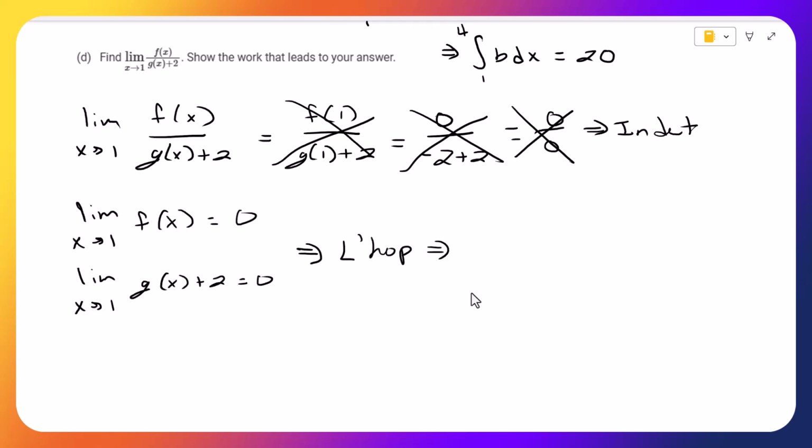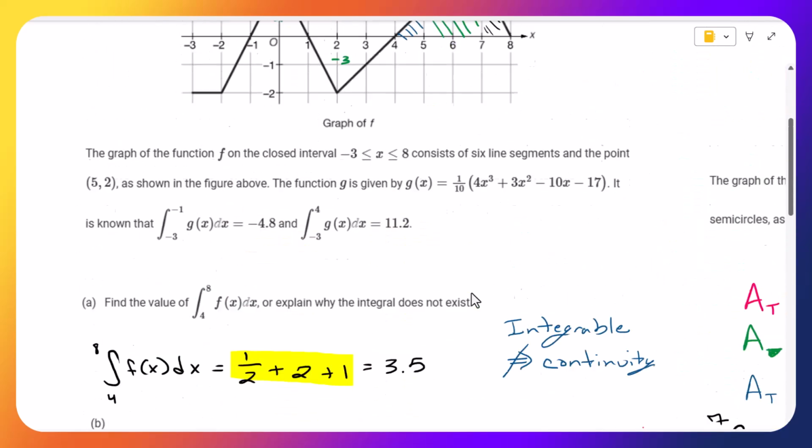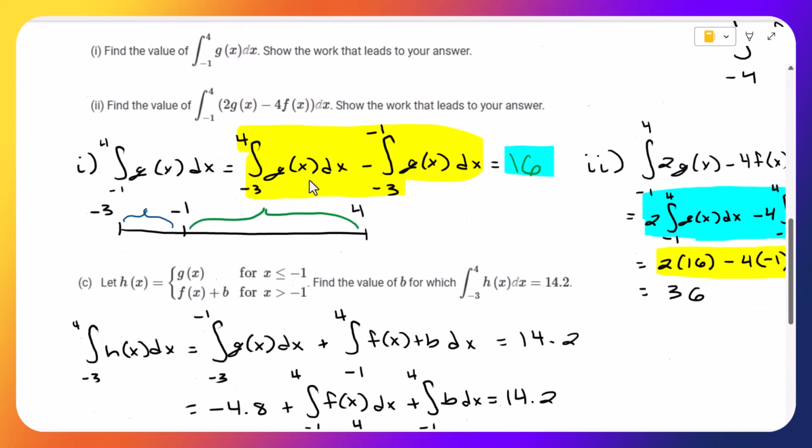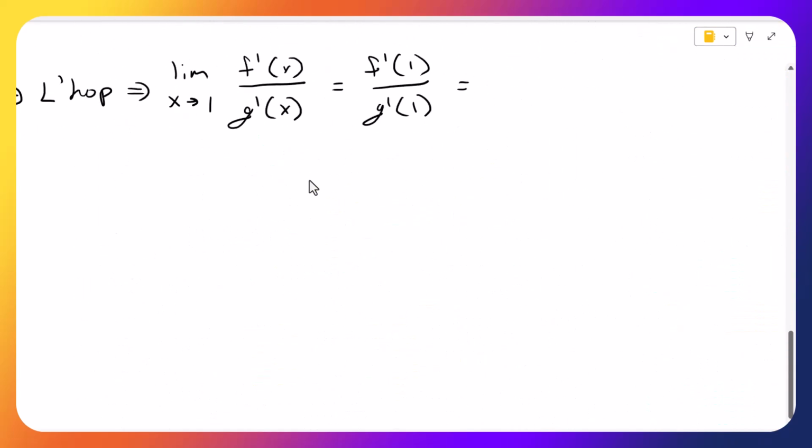And here we can take the derivative of the top and the derivative of the bottom. So the limit as x approaches 1 of f prime of x divided by g prime of x equals, and that's going to be f prime of 1. Hopefully we don't have to use it again. G prime of 1. Well, f prime of 1, let's come back up here. f prime of 1, that's just the slope of this line here. That's going down 2 over 1, so negative 2. And we already don't have a 0, which is really good. And then g prime of 1,